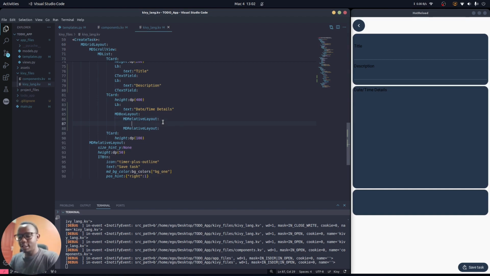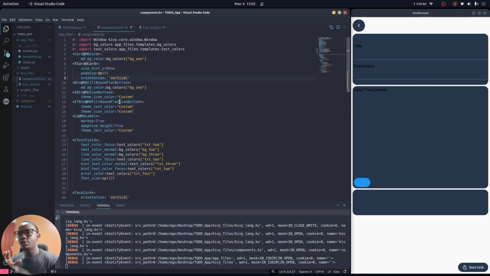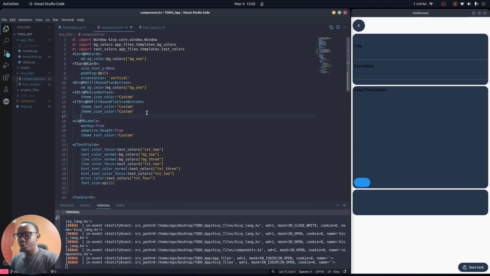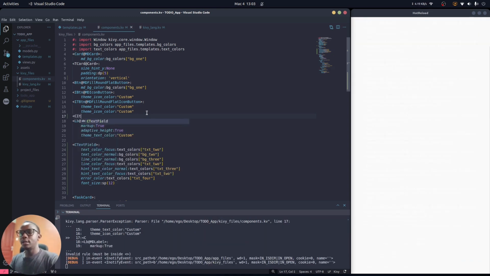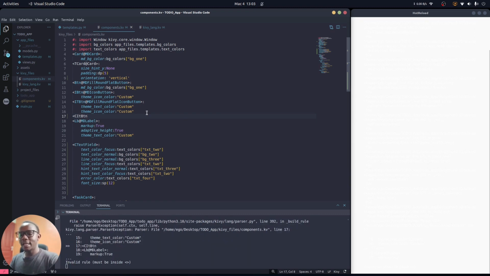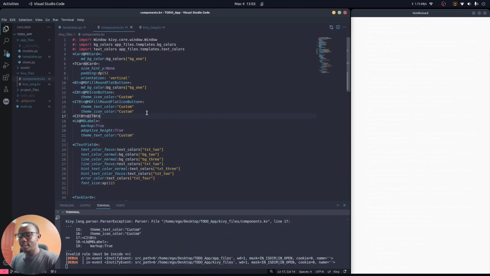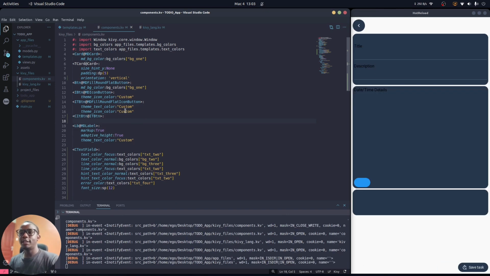So to do that, we're going to first nest an ITBTN. But all the ITBTNs that you're going to be using inside the CreateTask screen are going to have the same but different attributes from the one we have set with the ITBTN. So to ensure that we don't repeat ourselves, upholding the DRY principle in Python, we're going to create a new class, custom ITBTN. And this is going to inherit from ITBTN itself,